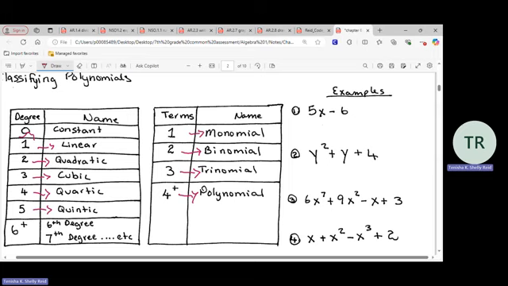All right, so for example, let's look at number 1. Is this in standard form? Yes. 5x minus 6, 1 degree, and then 0. What is the highest degree? This is a degree of 1. So the highest degree is 1. And there are 2 terms. As such,